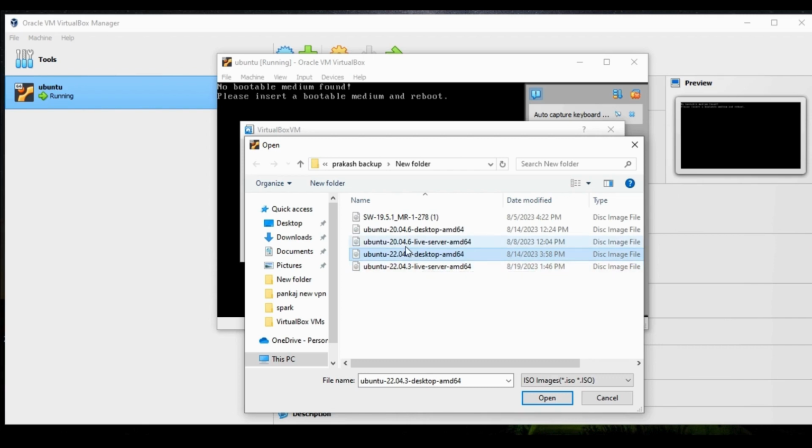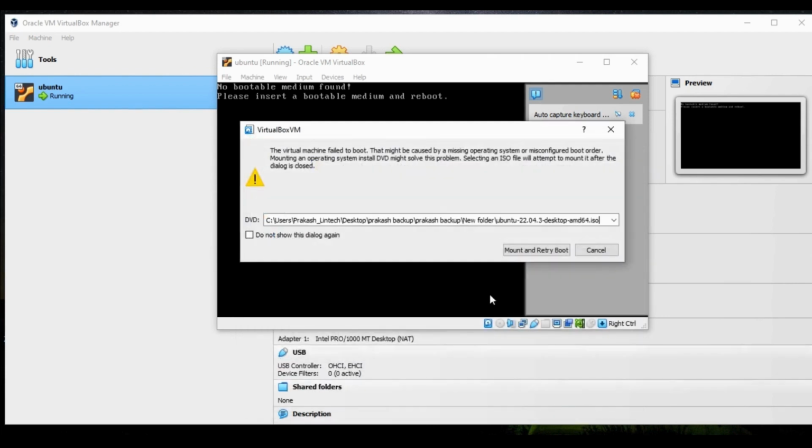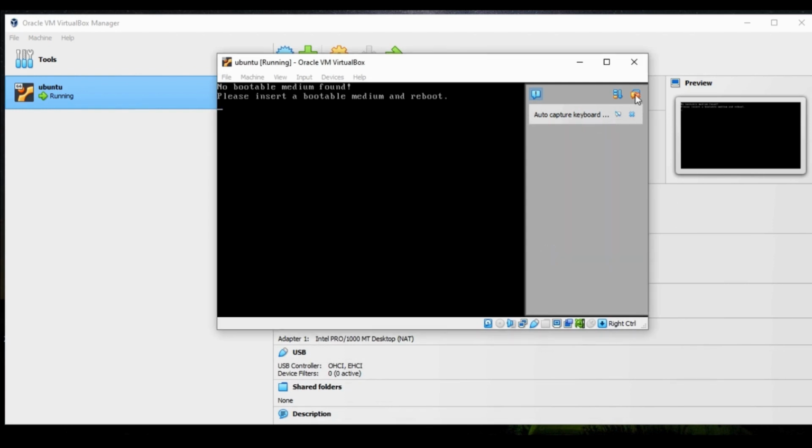Same thing with 20.04.6, and now I will install 22.04.3. I will click on that. I will select the ISO image and open. So I'll try to mount and retry boot. So once it's done,